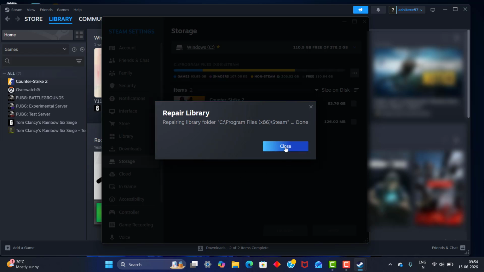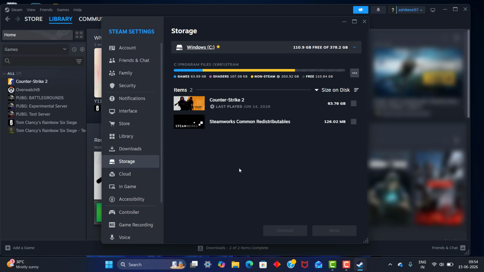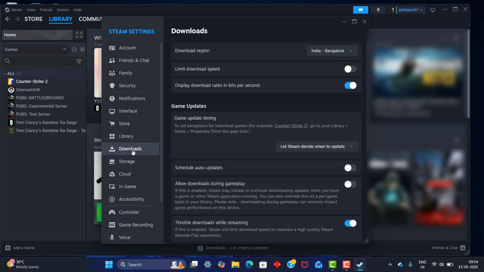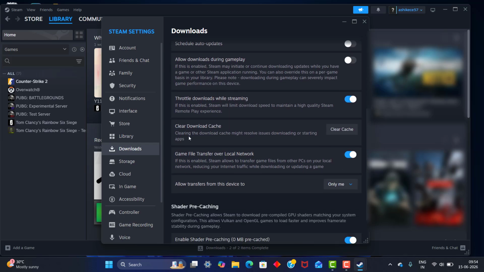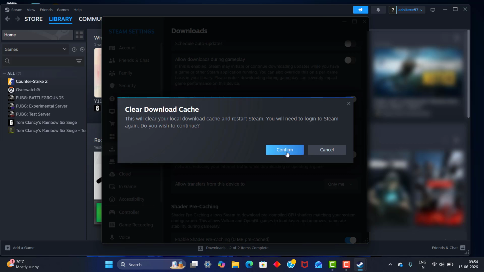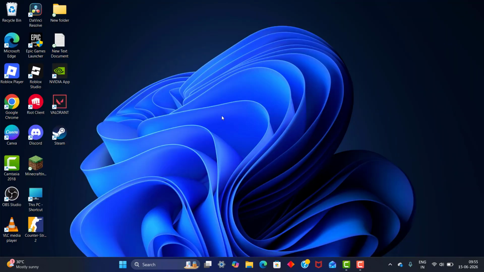Once complete, close it and come to the next step, clear Steam download cache. For this, go to download, scroll down, and click clear download cache. Click it and click confirm. Once you confirm, it will come outside of the Steam, and again you need to log in. Click it. And the next step,